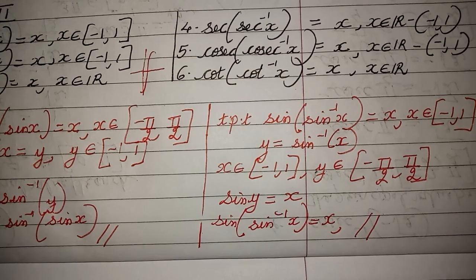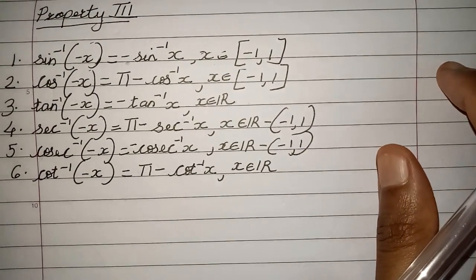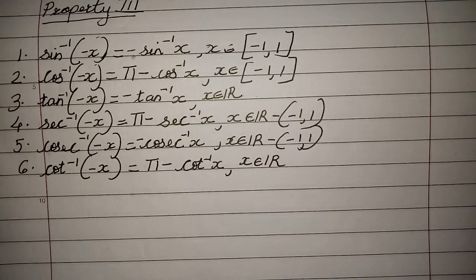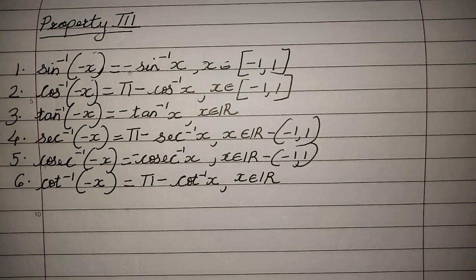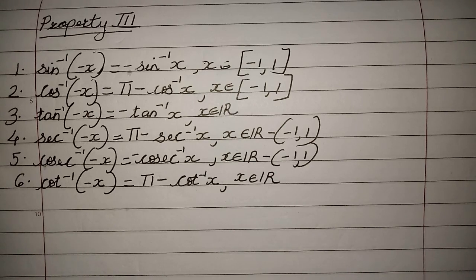Now proceeding to the third set, formulas also I think it is very easy to recollect, right? Now here we have something different. Now here we have property number 3, which is different from set of property number 1 and property number 2. Okay, let us just have a look here, children, for 1 second. Yes, now let's see. Sine inverse of -x is equal to minus sine inverse of x, where x is coming from closed interval -1 to 1.